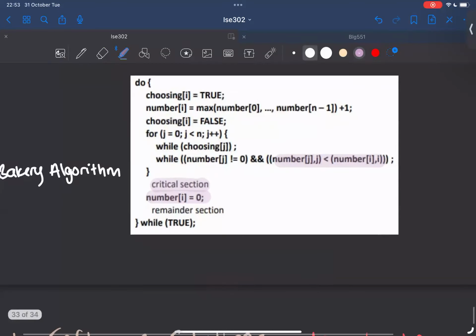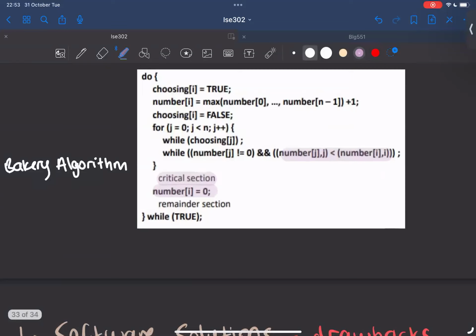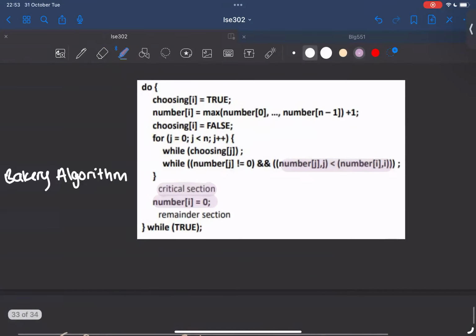So the bakery algorithm guarantees mutual exclusion because only the process with the lowest number gets to enter the critical section. It also satisfies progress because if a process has a higher number, it will eventually get a chance to enter the critical section as long as all processes eventually finish executing their critical sections. Additionally, it ensures bounded waiting since each process is assigned a unique number and the process with the lowest number